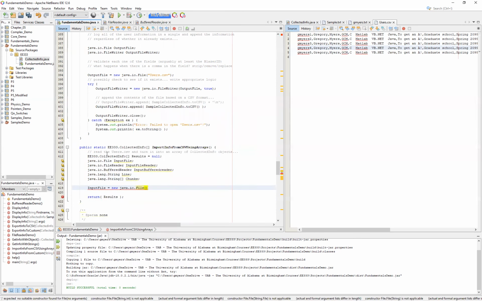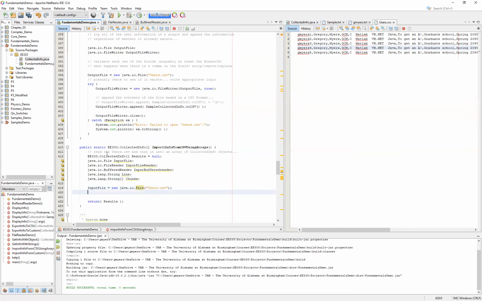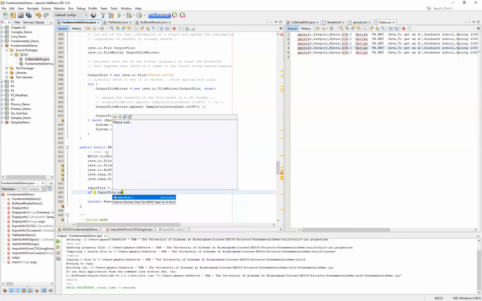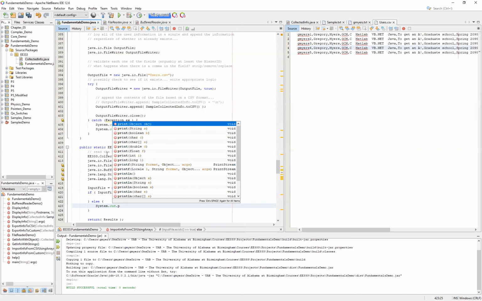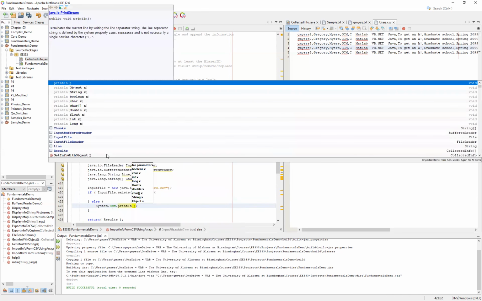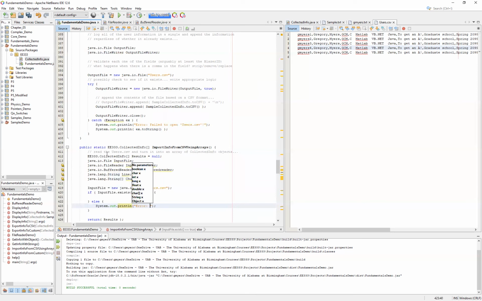java.io.File. And in this case, as we said earlier, we are just going to hard code the name of the file. This is where we would want to have some logic that checks to see whether or not the file already exists. And if it exists, we want to do something with it. And if it does not, we do a System.out.println. And in this case, it probably would be an error. So say error users.csv